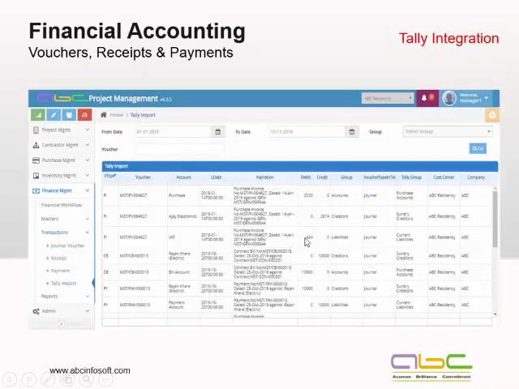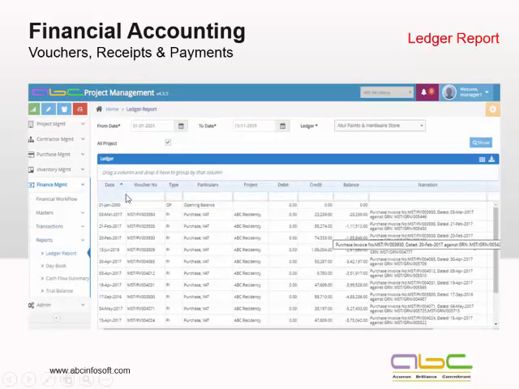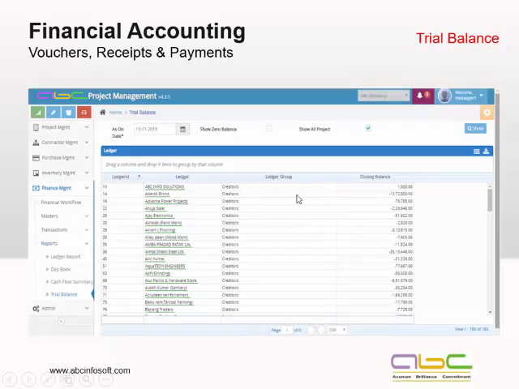Then it would be totally integrated with Tally. We will be defining each and every ledger linked with Tally so that all those entries would be posted to Tally. You can even see certain reports in the system itself, like ledger reports, so that they are easily available to you. Thank you for this contractor part of it.